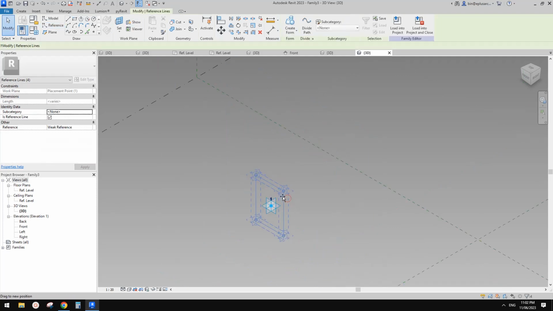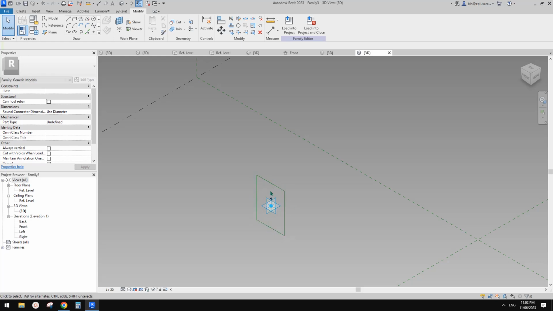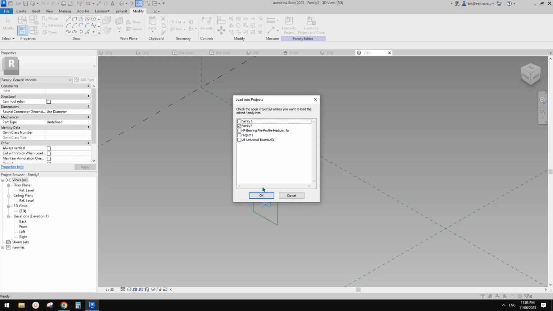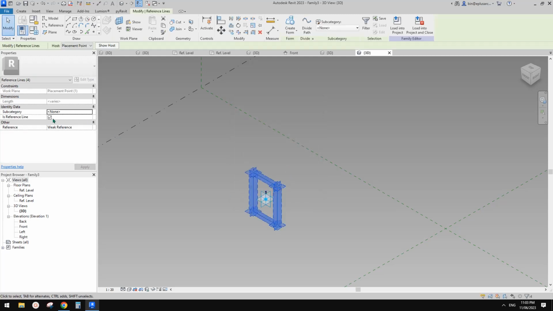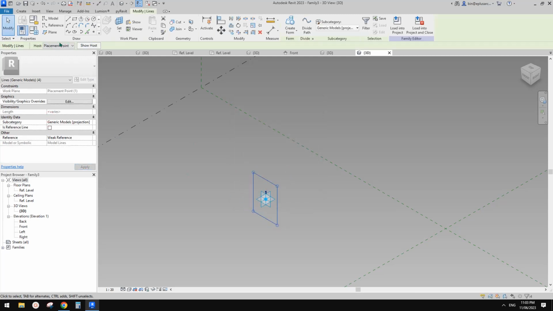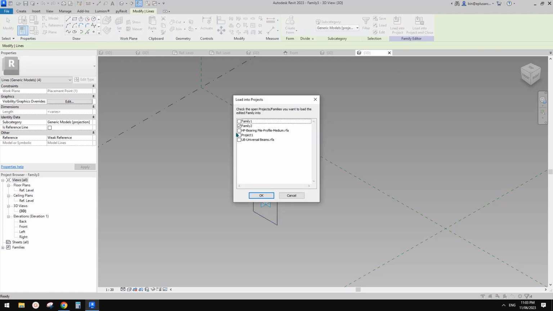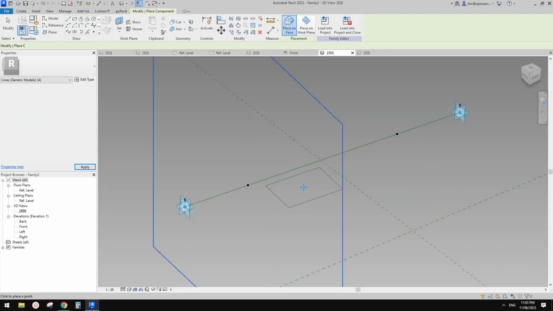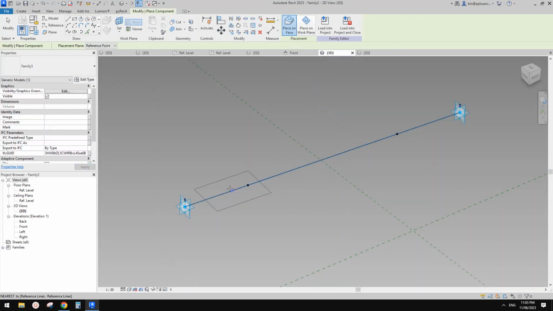And then just imagine there's a profile, there are dimensions and parameters. We can change the size, pretend. Okay, so now if we load this into Family 2, hang on, before that we need to make them model lines. We need to uncheck the reference line option, so it needs to be a model line, not a reference line. Sorry. Load this back into Family 2, and then use draw on face, and this should, hang on, it doesn't